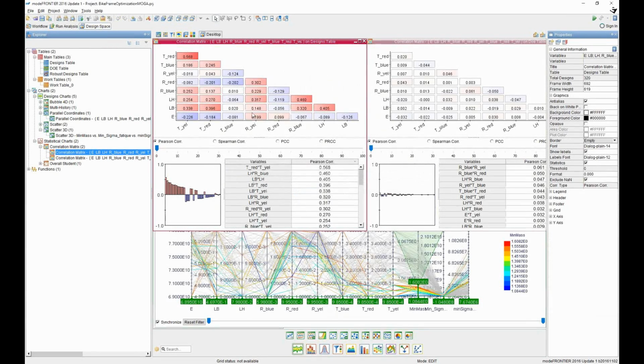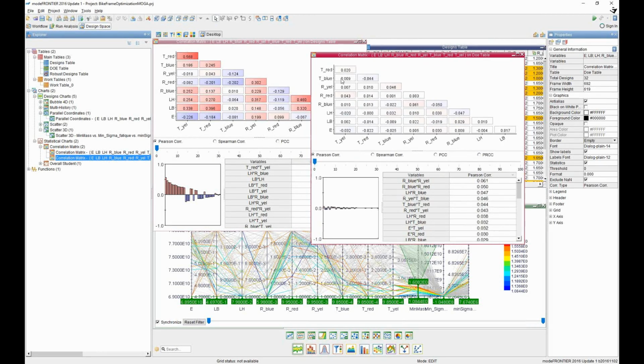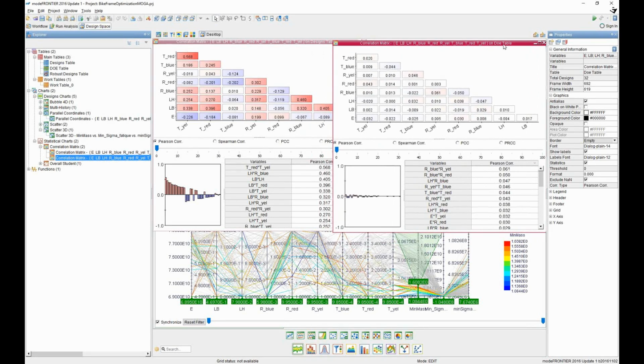When we do this kind of correlation analysis, we want to do it over a design space that is much more uniform and better sampled, and this is what is represented by this correlation matrix. And this has been done on a different table that has a much better sampling method. So if I was just to take a couple of the